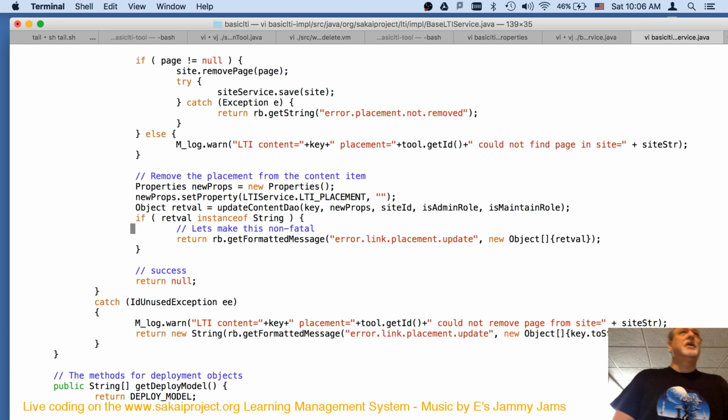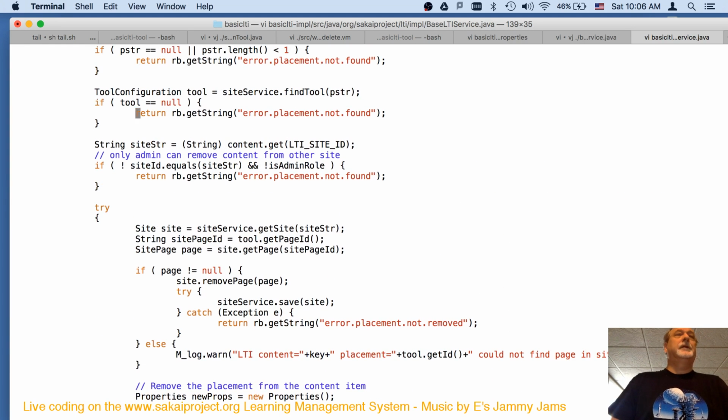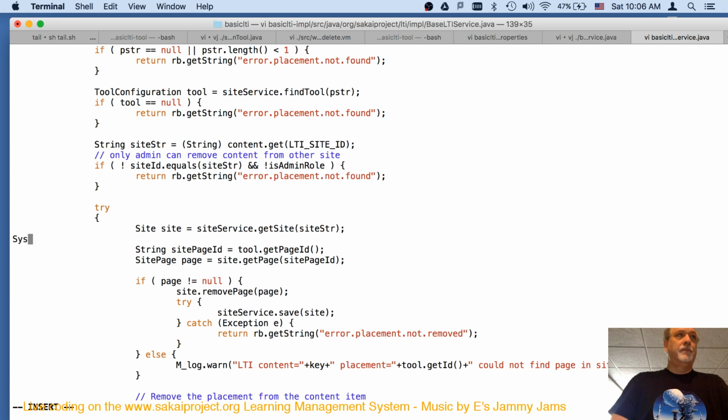Oh, this doesn't make any sense. I guess if I knew how to use the debugger at this point, I would put a bunch of breakpoints and step through this code. But I don't know how to use the debugger.